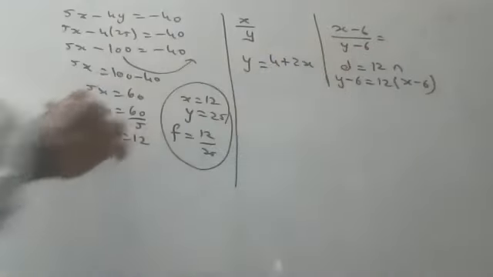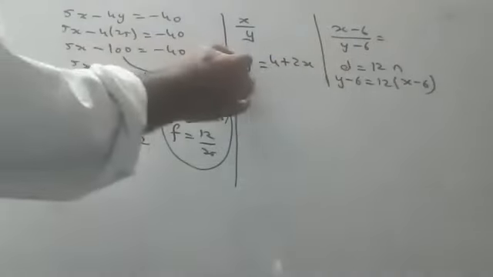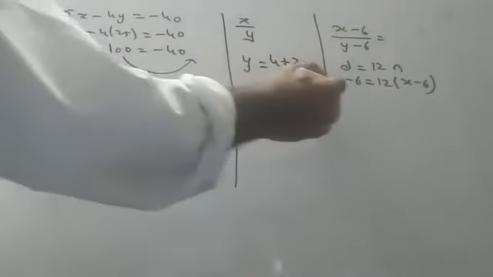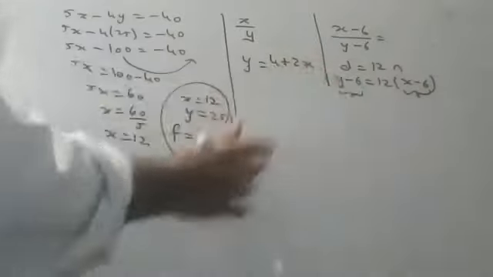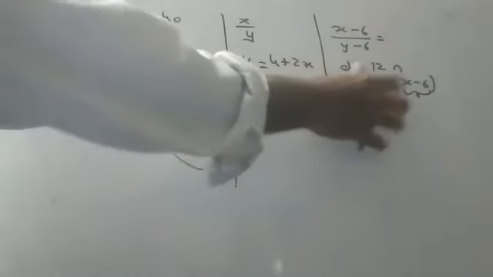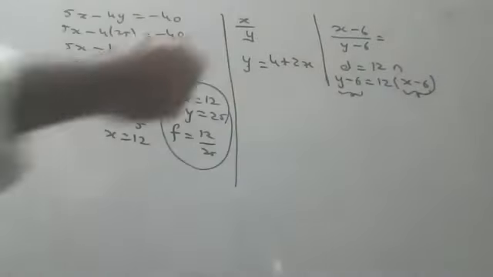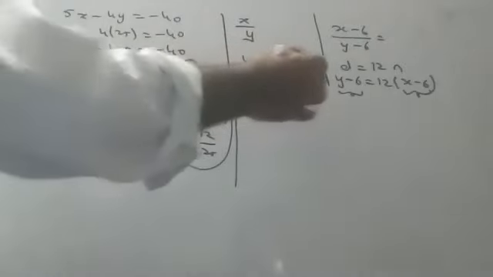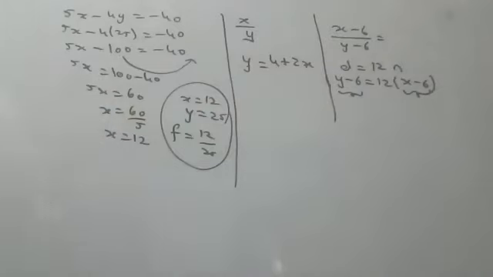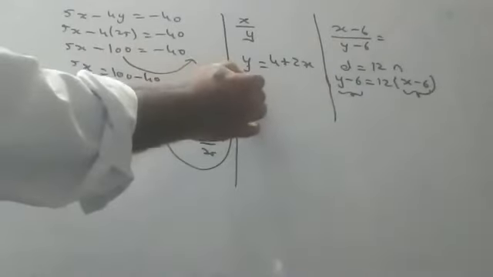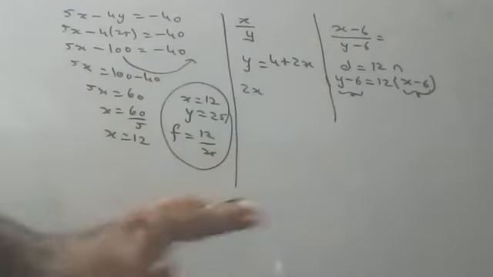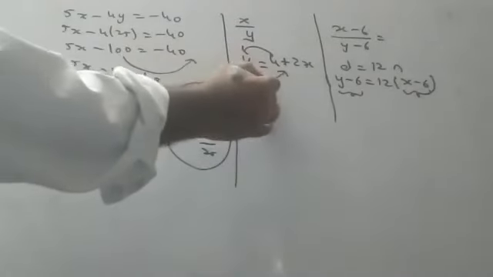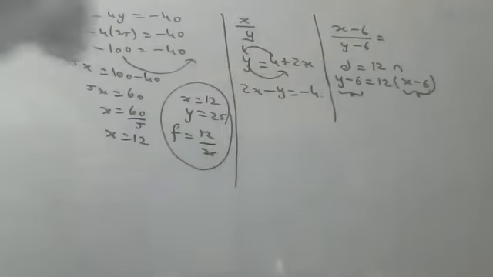These are the two conditions. Once listen. The denominator is 4 more than twice the numerator is one equation. And the other condition is when the denominator and numerator are decreased by 6, the denominator is 12 times the numerator. Do you want to simplify this? Yes, sir. Tell the simplification. 2x minus 2 equals 12x minus 72. No, not like that. 2x remains, y you bring here, 4 you take here. 2x minus y is equal to minus 4. This is one equation.